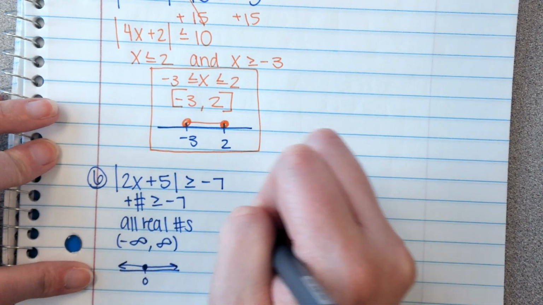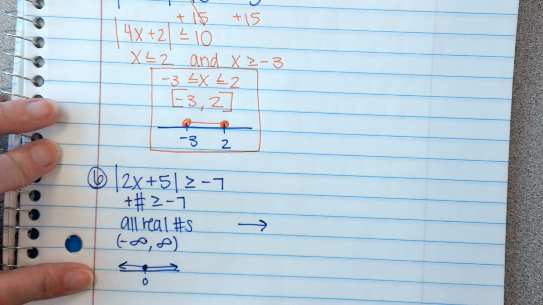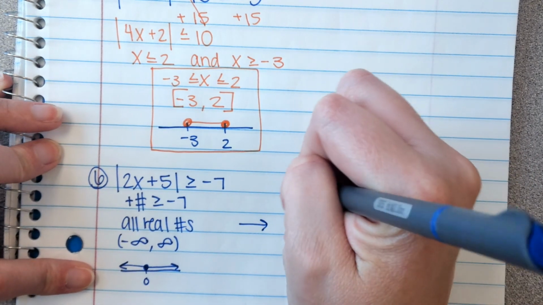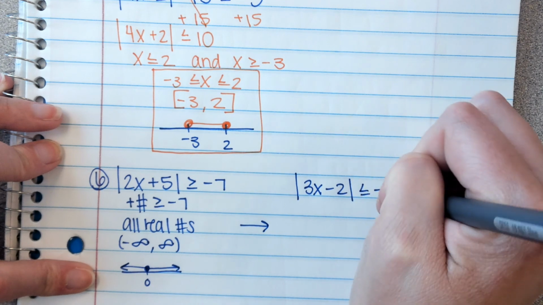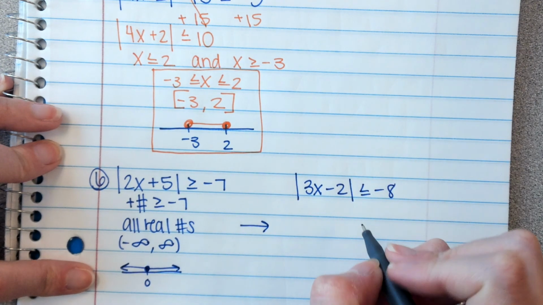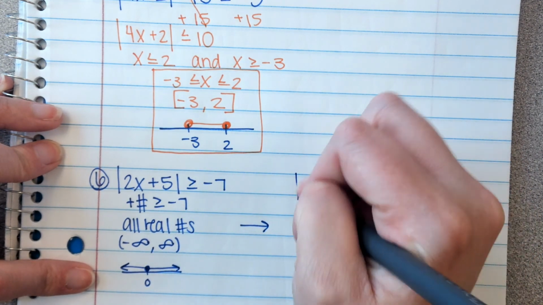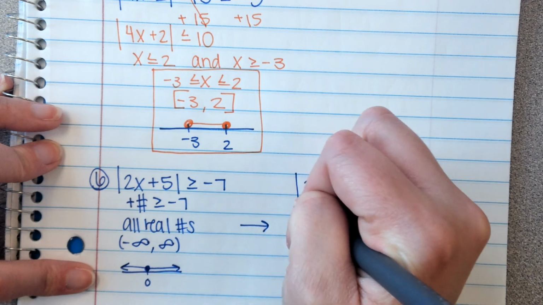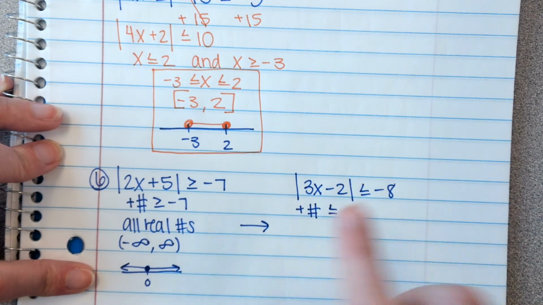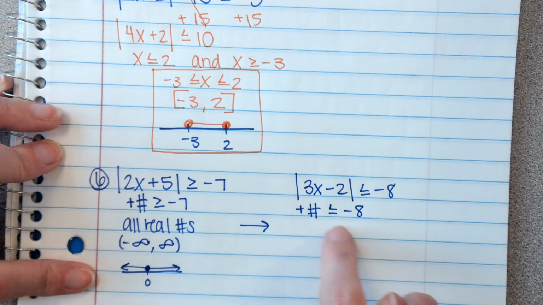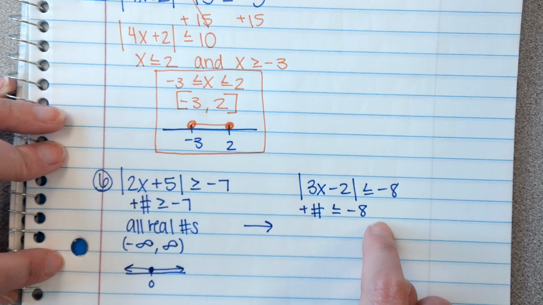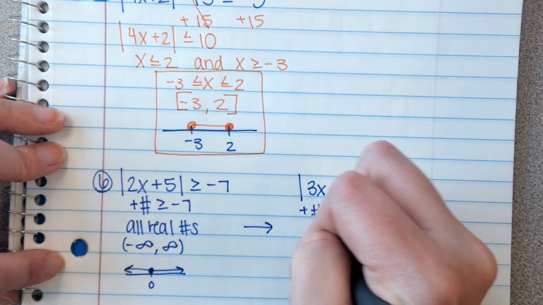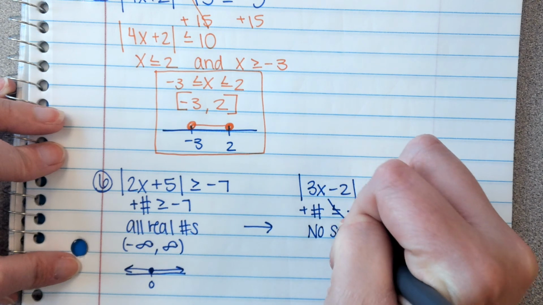The opposite of that would be, let's say I have the absolute value of 3x minus 2 is less than or equal to -8. Okay? Absolute value of whatever quantity this is will be a positive number. And so that says a positive number is less than or equal to -8. Is a positive number ever smaller than -8? Ever? No, that's not possible. So you would say no solution,